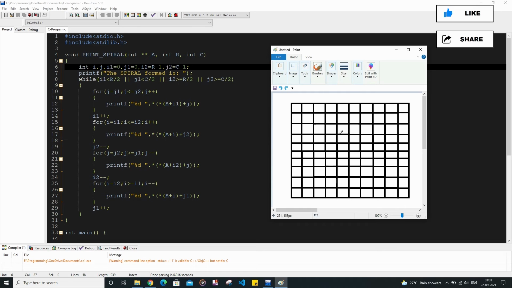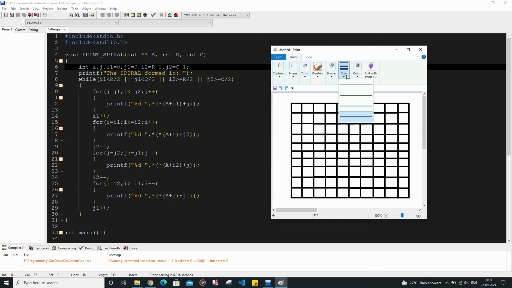As you can see, this is a square matrix having an equal number of rows and columns. Basically the idea is that it is first going to traverse this row. For that, the i value, that is the row value, is not going to change. In this row only the column index, or the j value, is going to change.